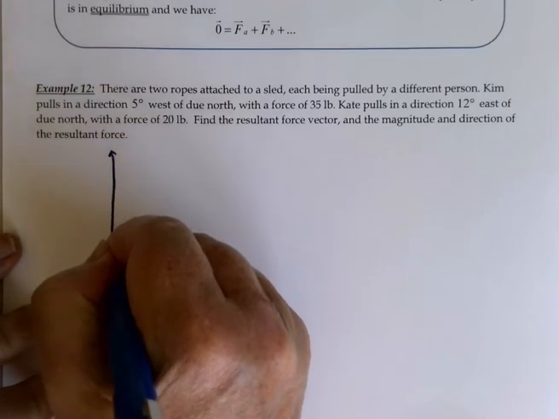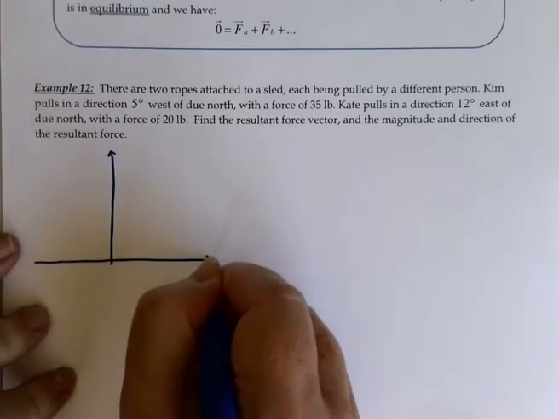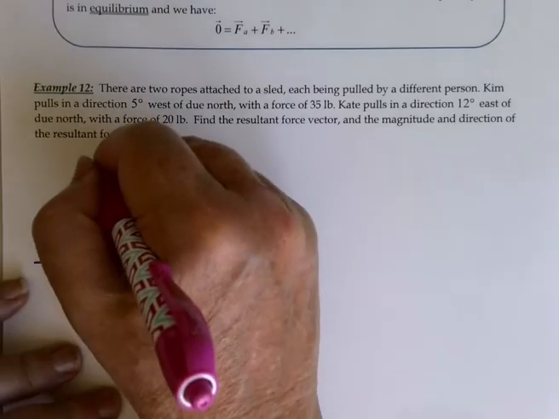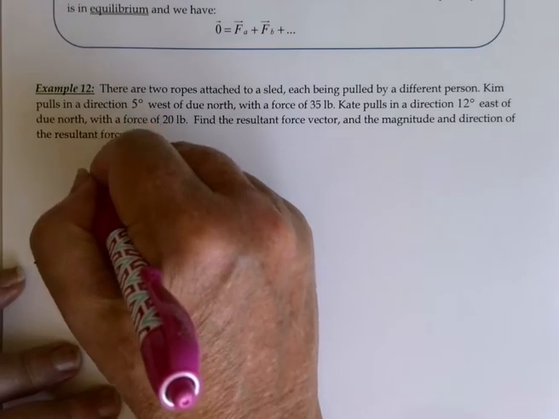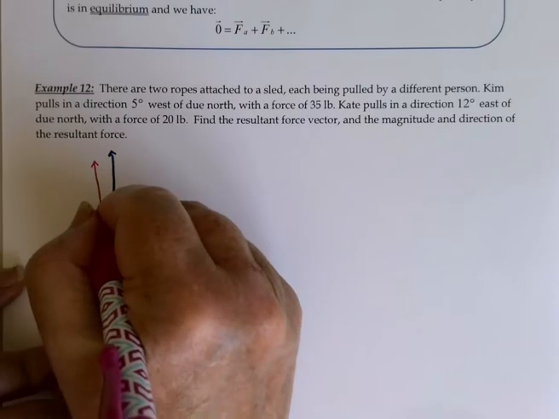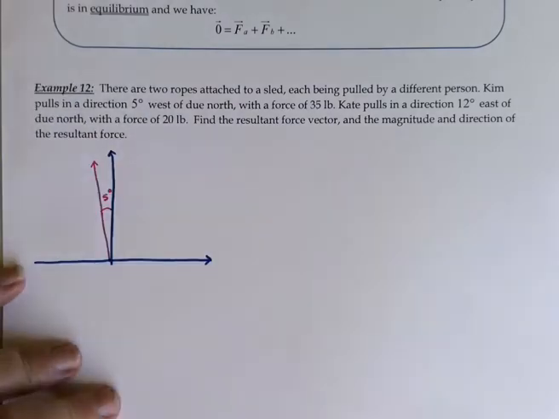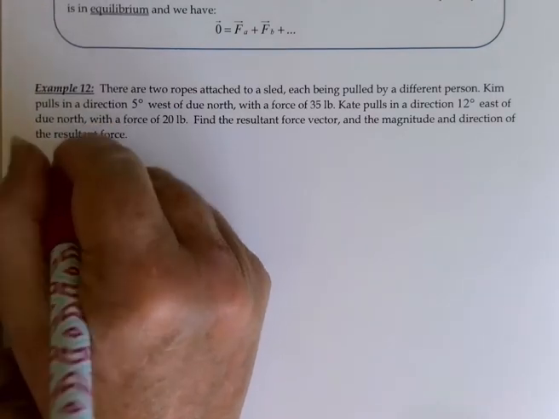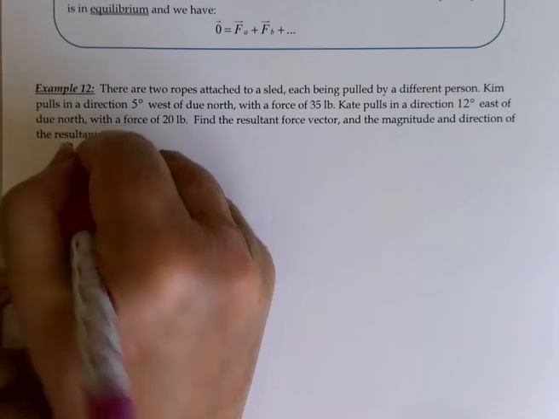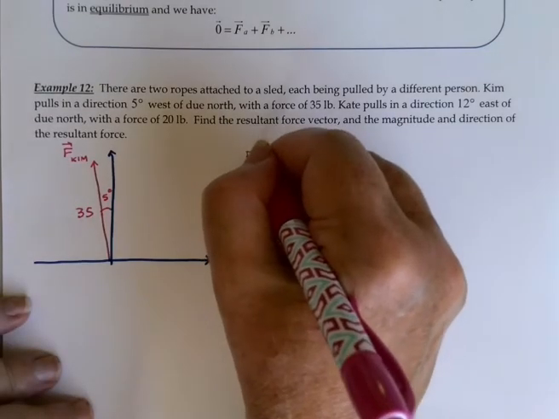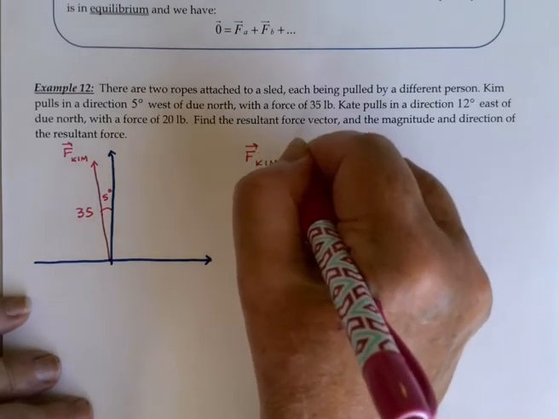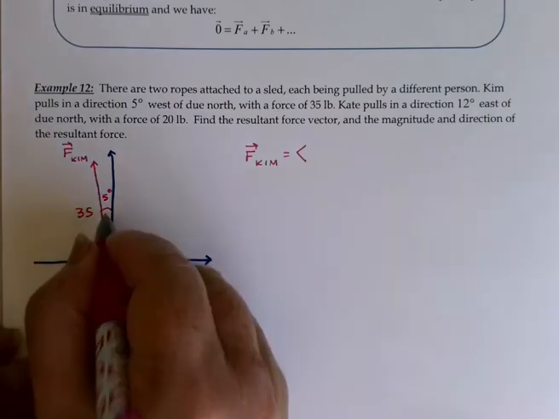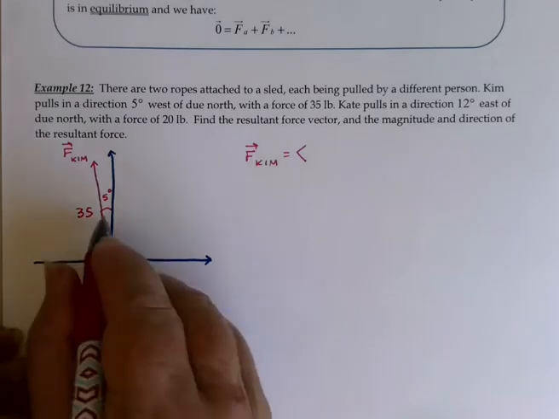So let's see what we've got. Kim pulls 5 degrees west of due north, so just slightly to the west here, with a force of 35 pounds. Call that F for Kim. And I could easily write down that vector. I do need to take into account that that 5 degrees is not from the positive x-axis. That would have to be 95 degrees